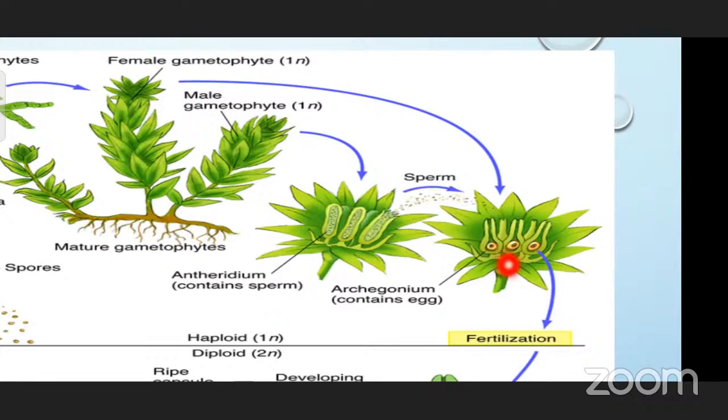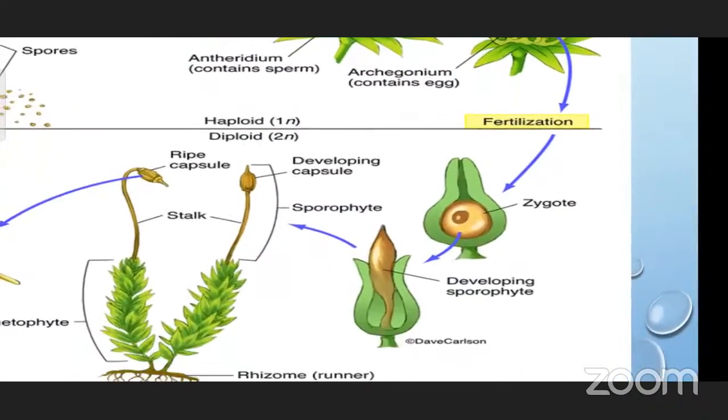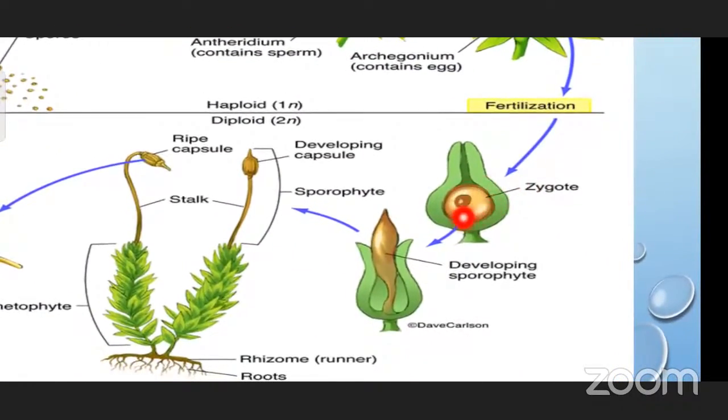And in the female structure, archegonia, flask shaped, only a single nucleus is there in each archegonium. And these antherozoids are going to enter this flask-like structure, and fertilization is going to take place. When fertilization takes place, zygote formation takes place. This zygote is going to develop into a sporophyte. You can see how the sporophyte is developing in this structure called archegonium. In this, the egg nucleus was there, and the antherozoid reached here, and fertilization took place, and the zygote formed,